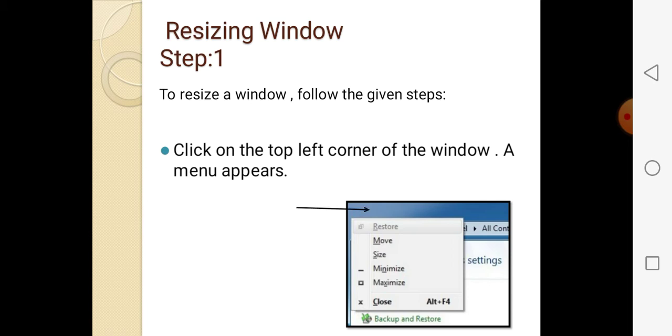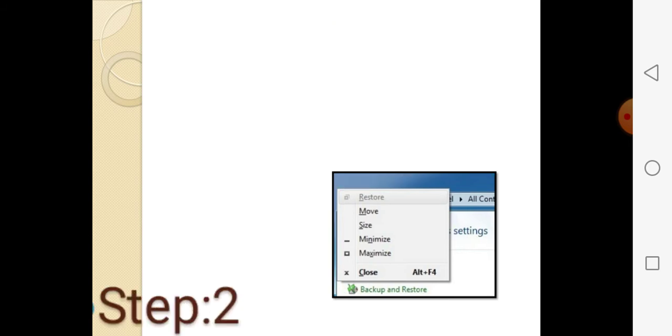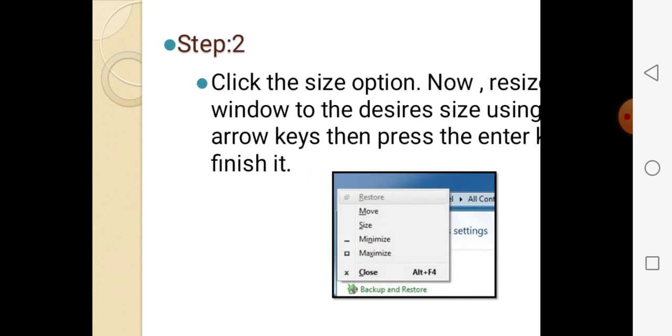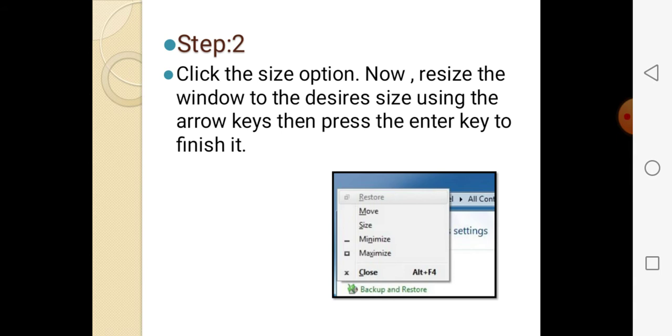See here at the left corner you have to click, this menu appears, and in that click the size option. Now resize the window to the desired size using the arrow key, then press the enter key to finish it. First of all as usual you have to click on the top left corner, and then click on this size option, and in this size you can make it big or small.